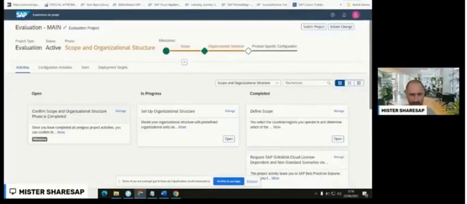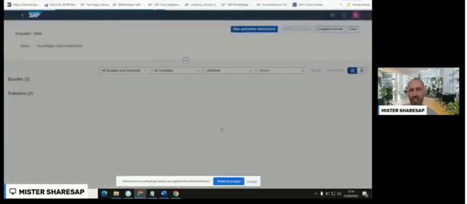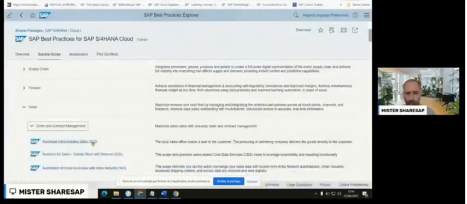I want to display all my scope items. For example, I've got the application name Define Scope. I'm going on Manage, Access to Application. Okay, I activate in my area some scope items. I can limit, for example, bundle all country. I just want to see for the country France. For example, I want to display if my scope item